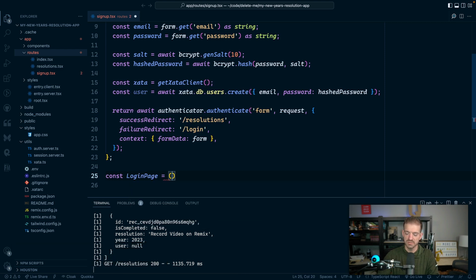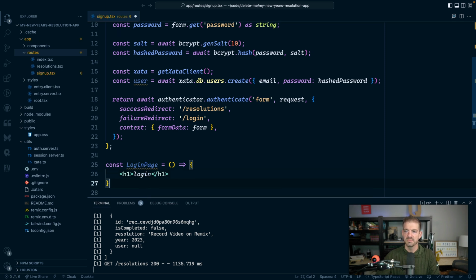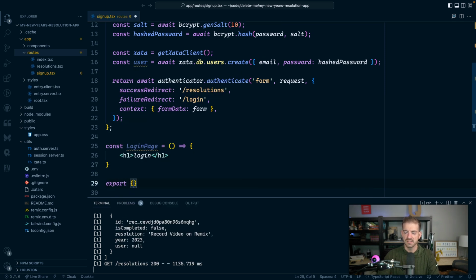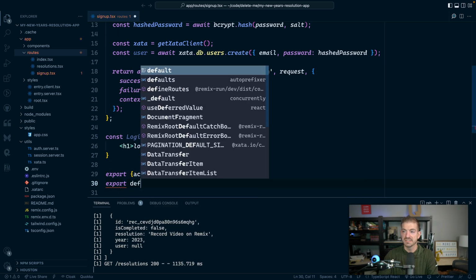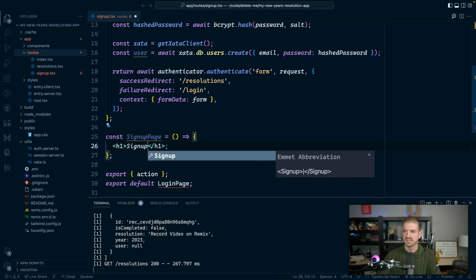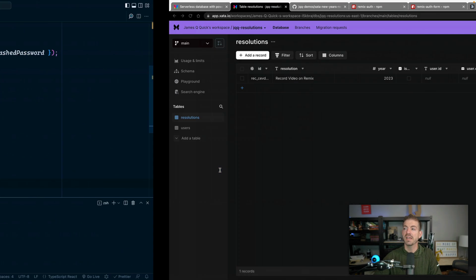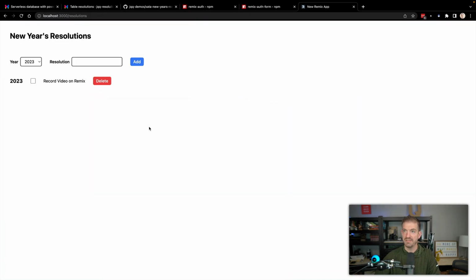So login page equals, and we'll start with an H1 that says login. And let's make sure we export the action, and then we'll export default of login page. All right, so if we navigate to, and actually this is not our login page, this is our sign up page. Sign up, and sign up. All right, so now if we were to go to our application and navigate to the sign up page,